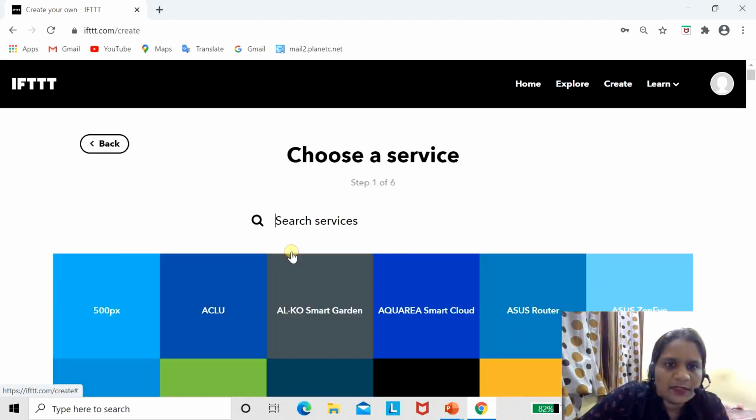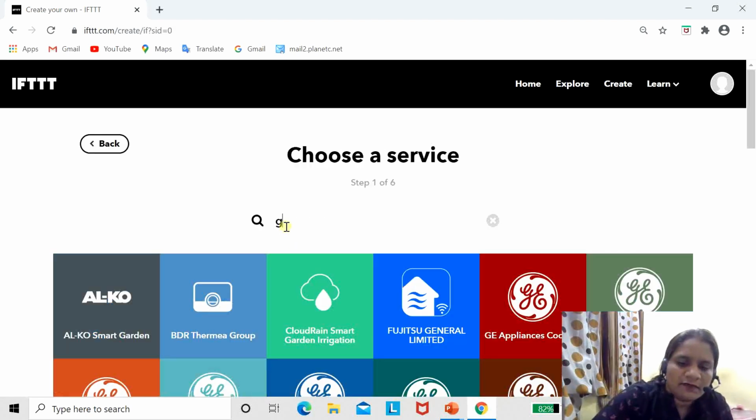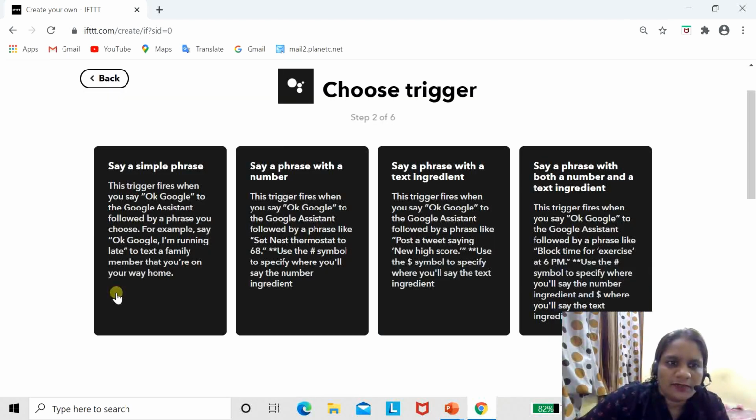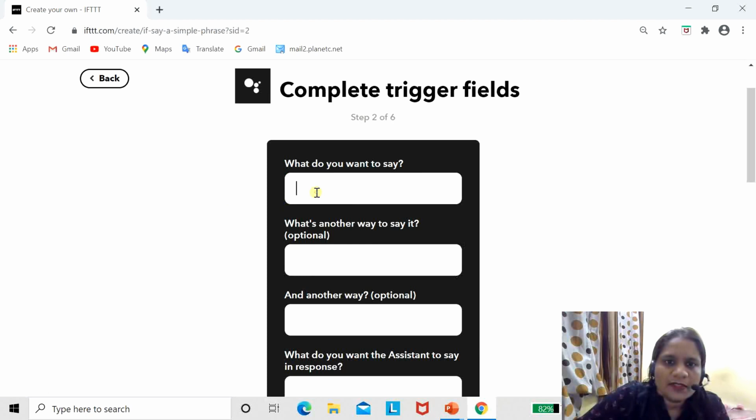Click on this and search for Google Assistant. Here we are going to control through Google Assistant, so click on Google Assistant. Then we are going to choose a simple phrase. Here you can give the command which you want to give: turn on LED.